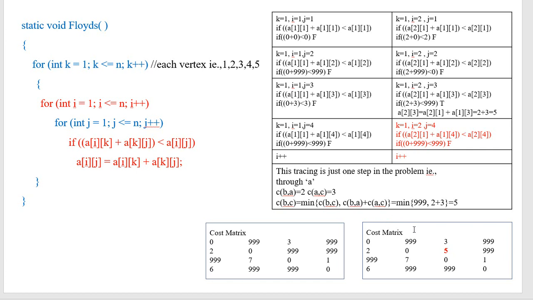The next function in main is to call print matrix. When it comes to Floyd's, even while explaining the algorithm I specified this is the easiest algorithm. You just need to remember only one step, only one instruction. In the same way, even in your program you just need to remember these two steps. It's the easiest algorithm and the easiest program. Now we'll see the print matrix.